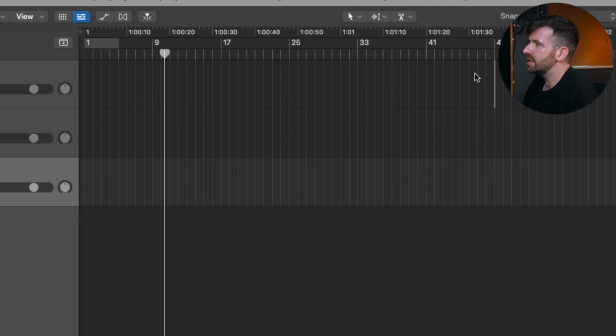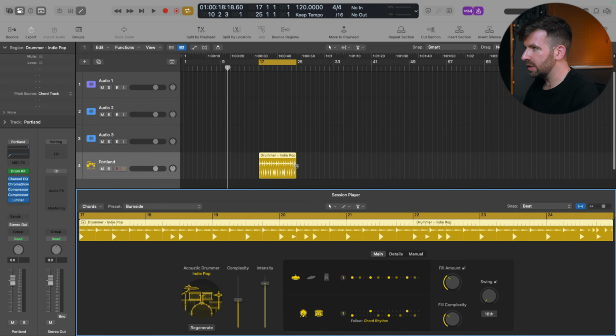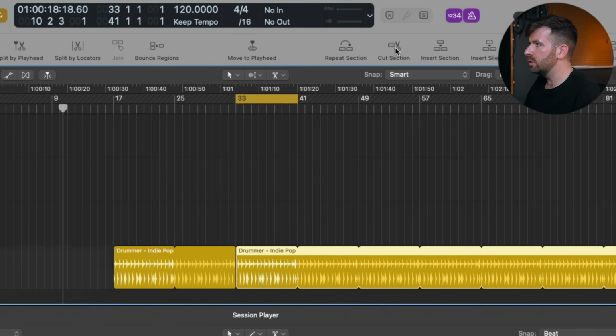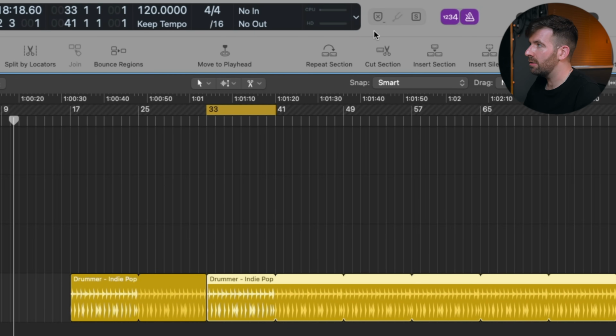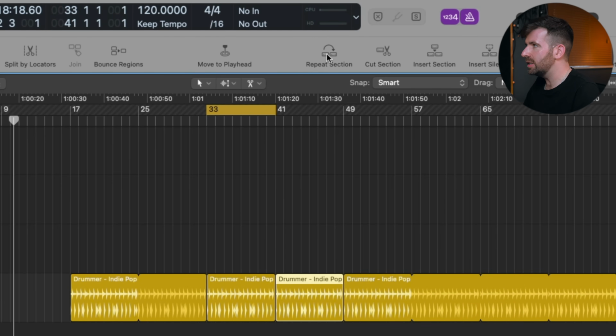And what that now does is give us all these extra tools. Let's just do it with drummer, for example, so you can see this in action. If I loop this a bunch of times, then highlight this section and go to cut section, it's going to cut that section out, and I can cut that again, or I can insert a silence, or I can cut that section again. I can repeat that section. This is really